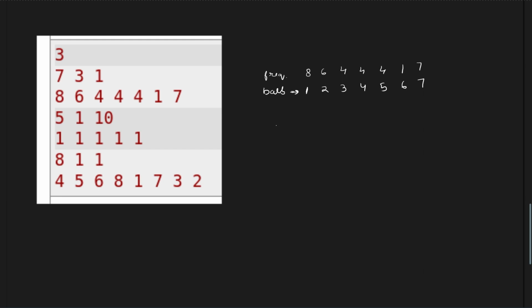Now there are two robots, robot 1 and robot 2. Robot 1 takes 3 seconds and robot 2 takes 1 second to scan any ball. So the information given to us in the input says that ball 1 needs to be scanned 8 times, ball 2 needs to be scanned 6 times. If robot 1 can scan a ball in 3 seconds and robot 2 can scan a ball in 1 second, we have to